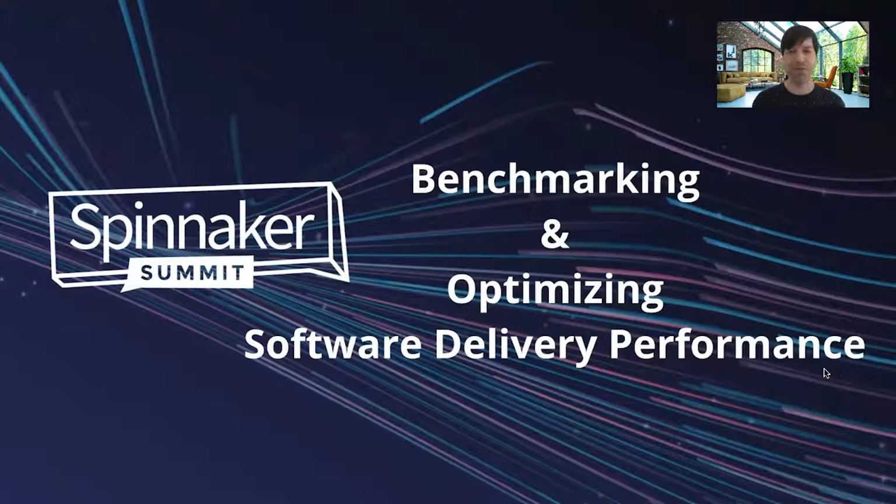My name is Drew Horn, and today I'm going to talk a little bit about how teams using Spinnaker in their DevOps tool chain can leverage Sumo Logic and some solutions that we have here to benchmark and optimize their